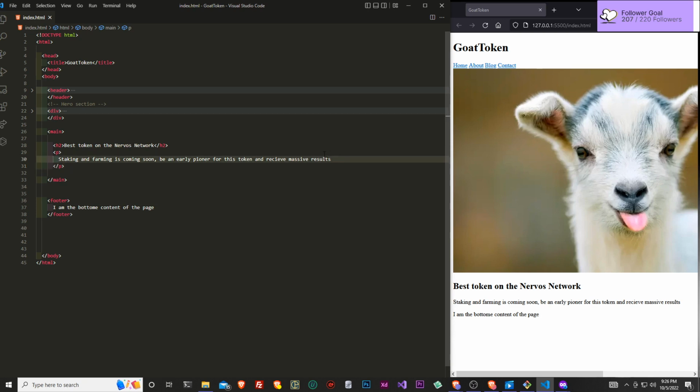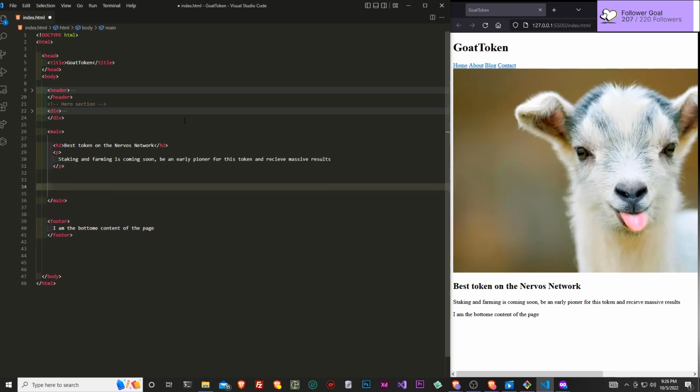It doesn't have to just hold sentences, it can hold massive paragraphs. And guess what, guys? That's basically it.